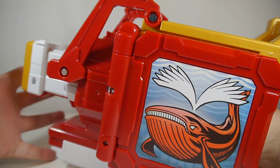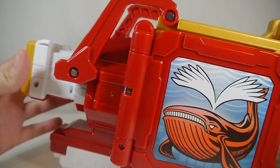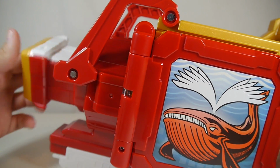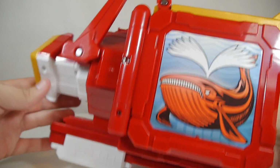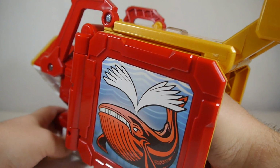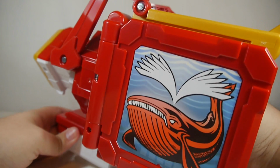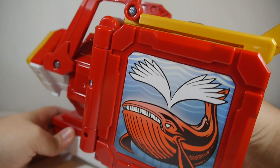Alright, so from here, like I said, you can do the little spinny thing, which is actually kind of hypnotizing in a slight way. I'm not sure what the default's supposed to be. I think the red is supposed to be on top, because it doesn't have the screw holes. But at the very least, if you hold down the trigger here, you'll activate the Zyuoh Final, and that is the finishing attack for the whale change gun. So if you hold that down,